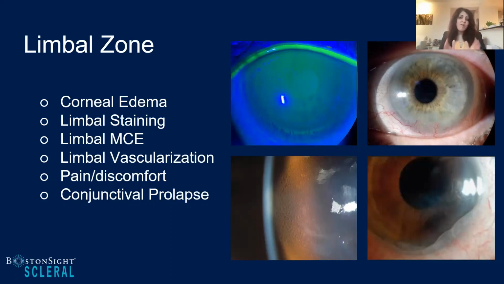The best way to find out if you are having any issues is, one, make sure you look at your scans, make sure you use your good optic sections to scan over the limbal region, and take the lens off and stain the cornea to make sure you see what's happening there, and take a good look at the cornea without the lens on to make sure that there's no problems. If you don't look for this short term, it's going to come back and haunt you long term. And we've seen this quite a bit with especially the neovascularization, where that eye is just crying for help. And that's a source of really paying attention to that limbus.